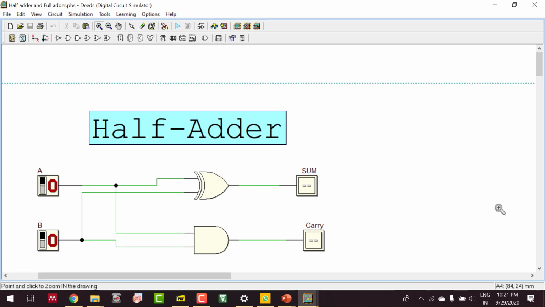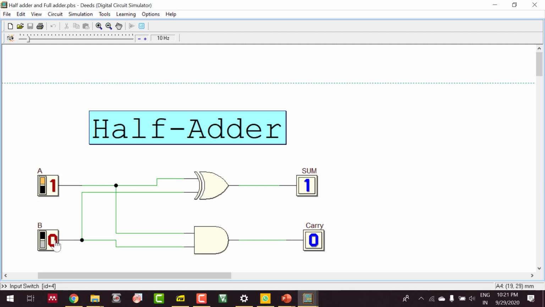That means when you are going to add two 1-bit numbers, you are going to produce sum and carry. If both are 0 0, you are going to get 0 as sum and 0 as carry. When you keep one of the inputs as 1, you are going to get sum 1 and carry 0. And similarly the other way around. When you keep both 1, you are going to get sum 0 and carry 1. This is the half adder truth table. This is how we can verify the half adder. Now we try to see the full adder.